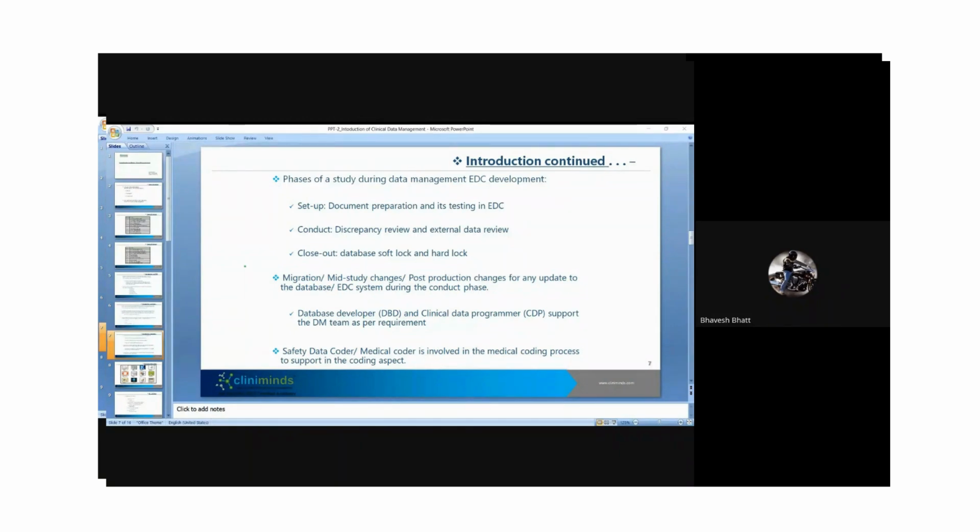So whatever checks we have set in the setup phase as per the edit check specification document, according to those checks we are going to get the discrepancies for which we are going to do the review. So discrepancy review and external data review we are going to do and conduct,